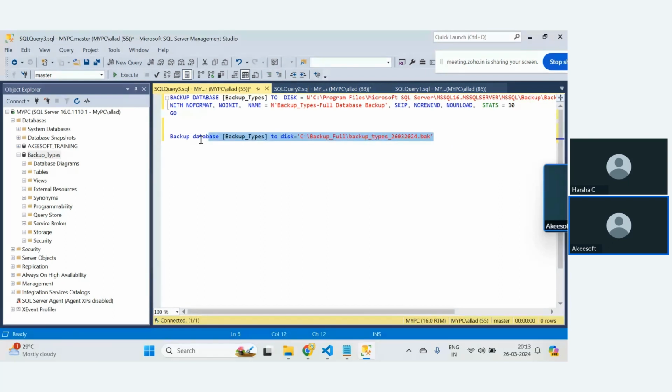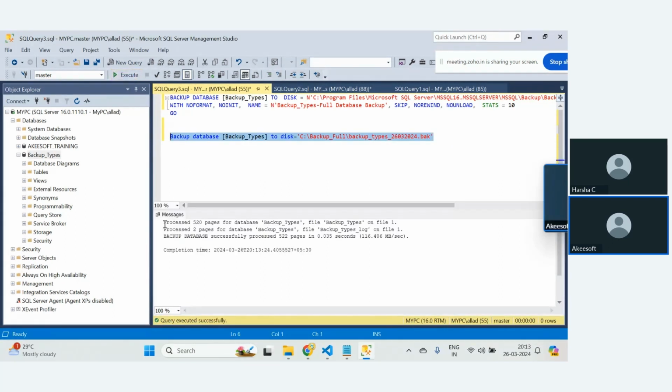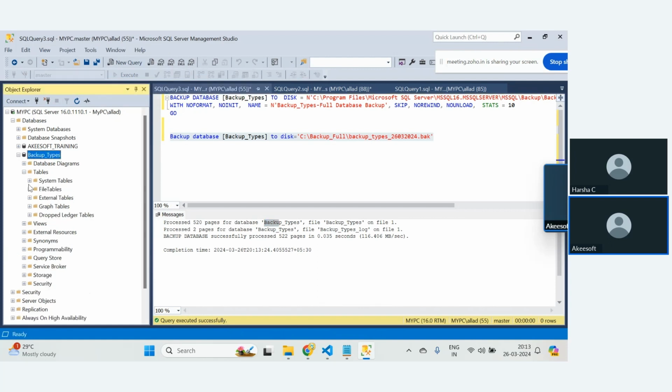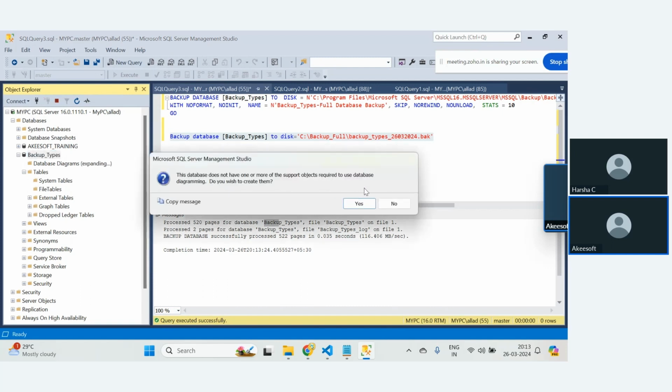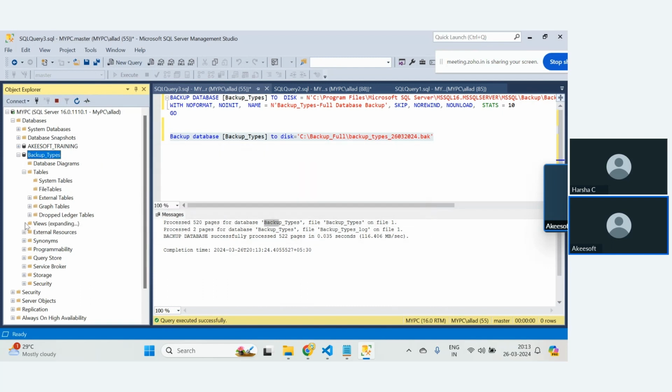Now I will execute this. What happened? See here, it processed 520 pages for the database backup types. What are these pages? We didn't save anything, right? But there will be system-related information already there, like system tables. System information will be there, wherein we will have